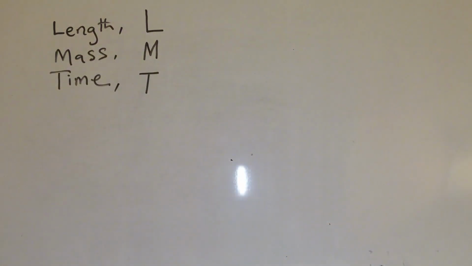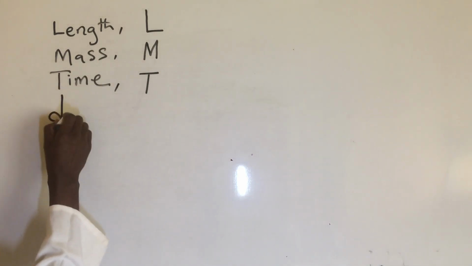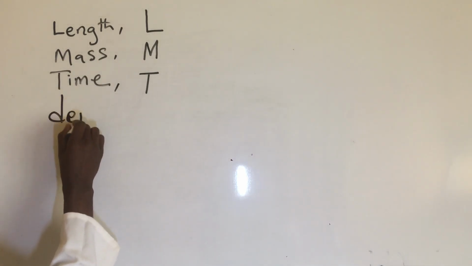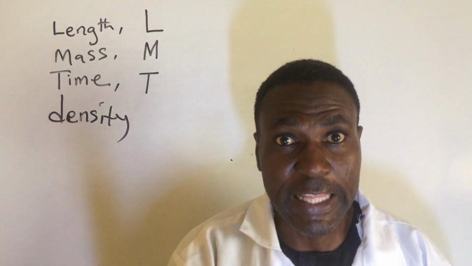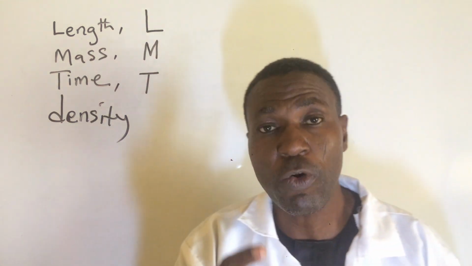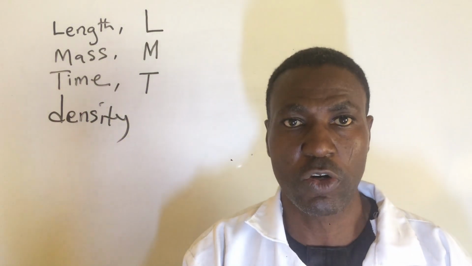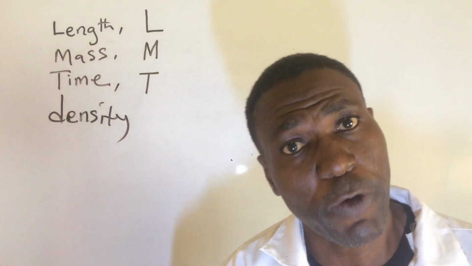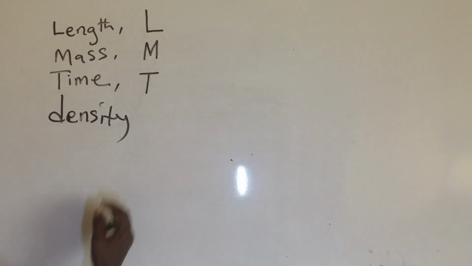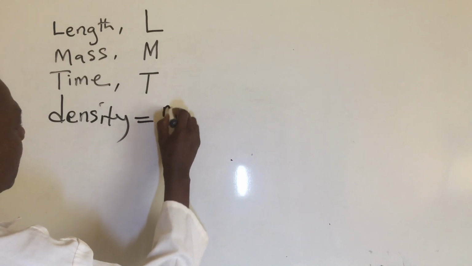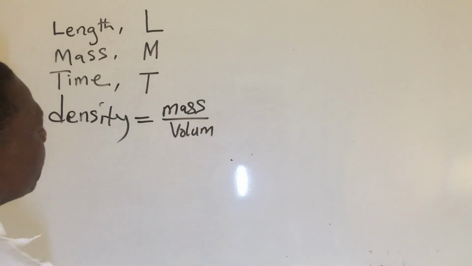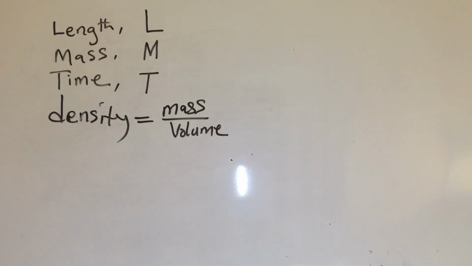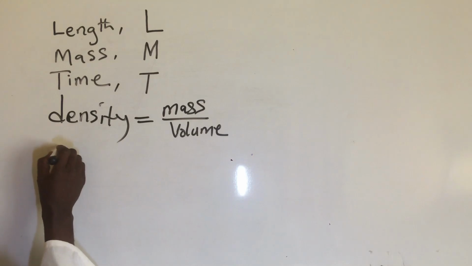Now, the question may ask you to find the dimension of density. The first thing you have to do is to know the formula of density, all right? What is the formula of density? The formula of density is mass all over volume. Mass all over volume. Now, finding the dimension of this density, okay, we now have the density is equal to